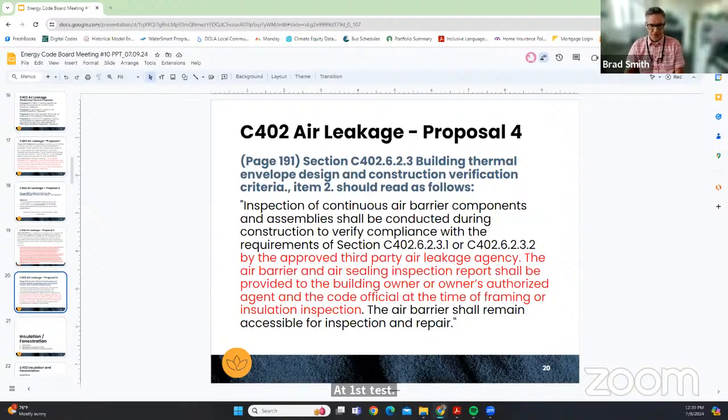The people that get brought in 2 weeks prior to CO and have not seen the building, there's a much higher likelihood that the building will fail its first air leakage test, and then they will have to perform diagnostics to find and mitigate the air leakage. So this just ensures that we get those people on board earlier. They're going to hire them anyway. It just says, hey, you need to have them on board earlier in the process.